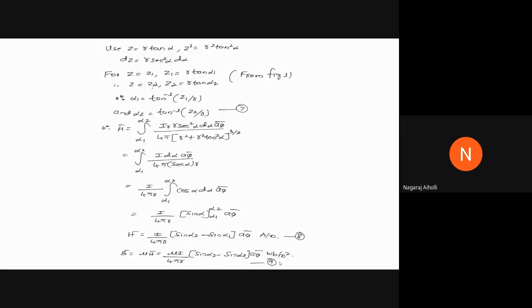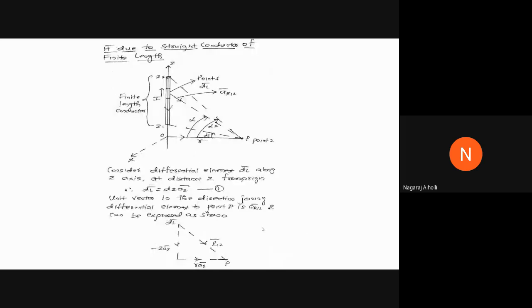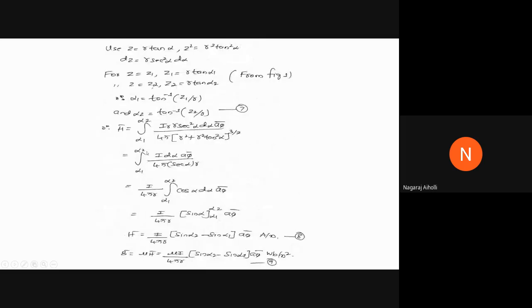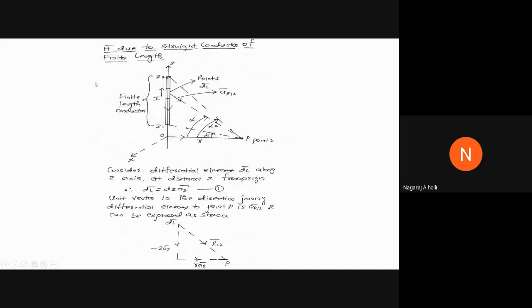So this is also one of the important derivations. Repeatedly it has been asked in examination to find the equation for magnetic field intensity H bar due to straight conductor of finite length. This is how the question may be asked in examination. That is, derive the equation for magnetic field intensity H bar due to straight conductor of finite length. This is almost same as our previous derivation, except the last step where we are integrating, that is different. Only the limits will change. Other parts will remain same as that of the infinitely long straight conductor.